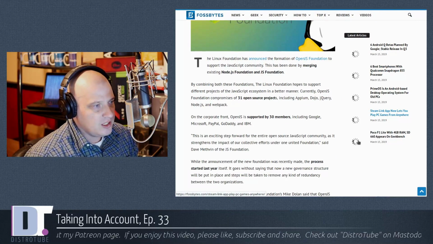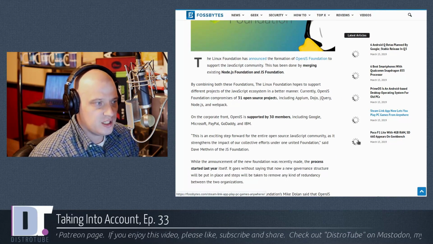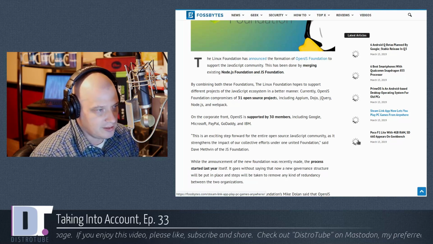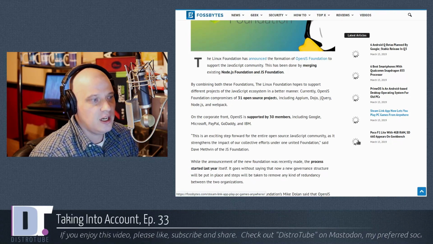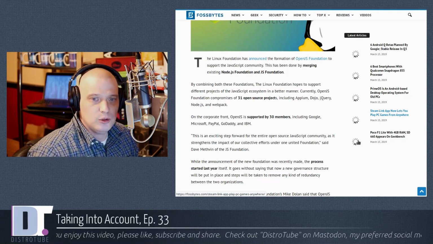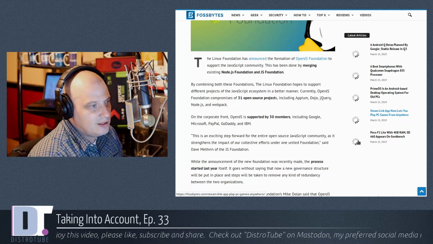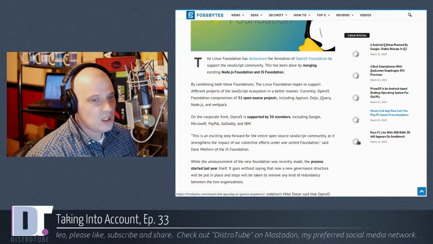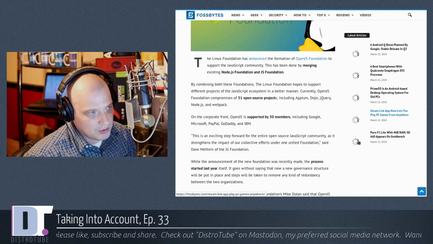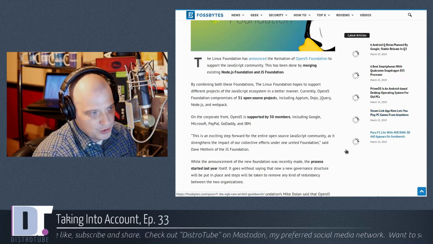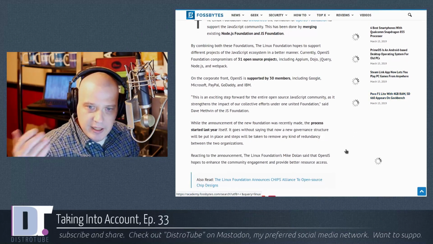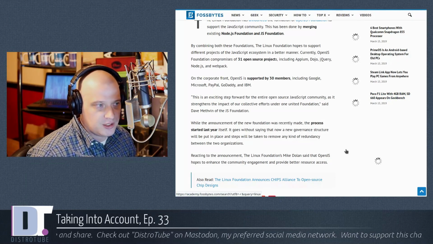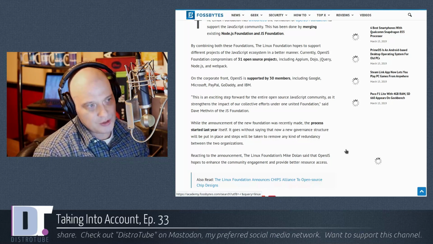Reading briefly, quote, "The Linux Foundation has announced the formation of OpenJS Foundation to support the JavaScript community. They have done this by merging existing Node.js Foundation and JS Foundation." So there were two foundations that previously existed, the Node.js Foundation and simply the JS Foundation. And those organizations now have been merged to form this new OpenJS Foundation. By combining the two foundations, the Linux Foundation is hoping to support different projects of the JavaScript ecosystem in a